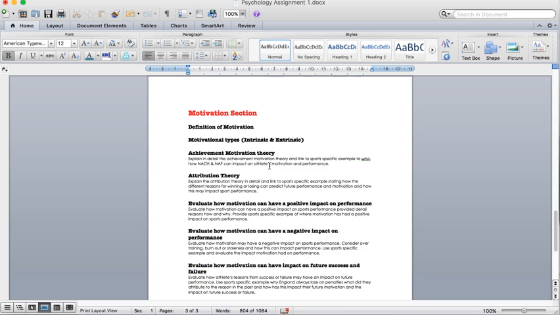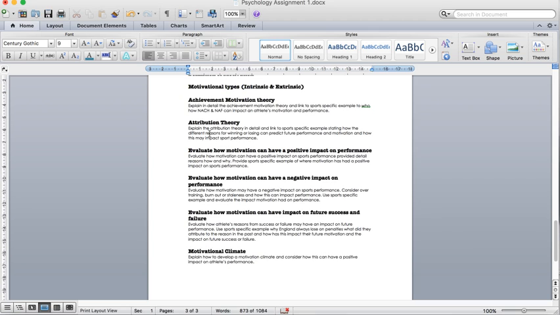You then move on to the motivation section. Again, you need to define motivation, this time not personality. Then I need you to describe and explain intrinsic and extrinsic motivation, what they are, give examples of them, how they impact performance. Then you need to describe and explain the achievement motivation theory, what it is, and examples of who you believe's natural NAF personalities and how that natural NAF can impact an athlete's motivation and performance.